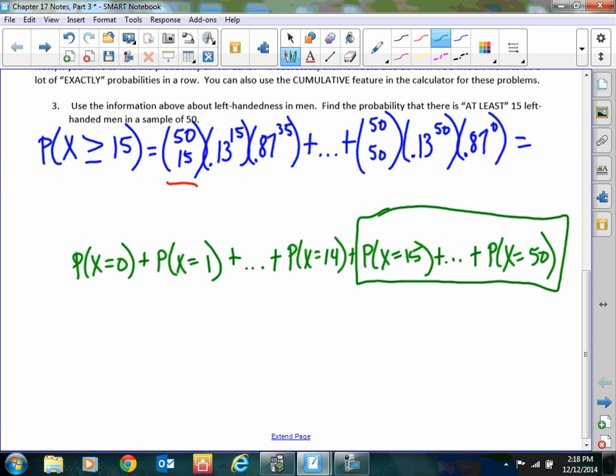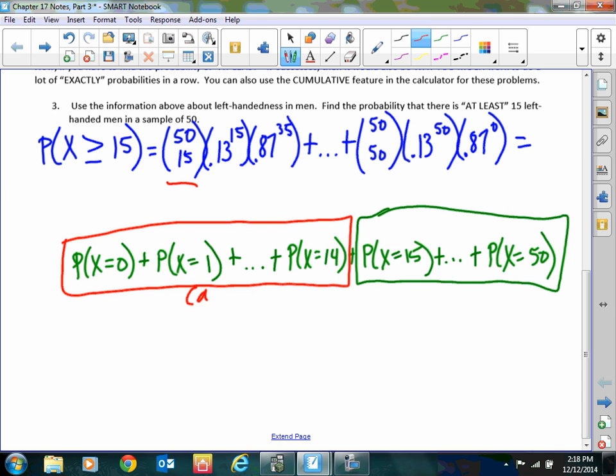The calculator only has the ability to accumulate from the bottom 0 up to a certain spot. So if the calculator only has the ability to compute 0 up to a certain spot, this is what we could do in the calculator,